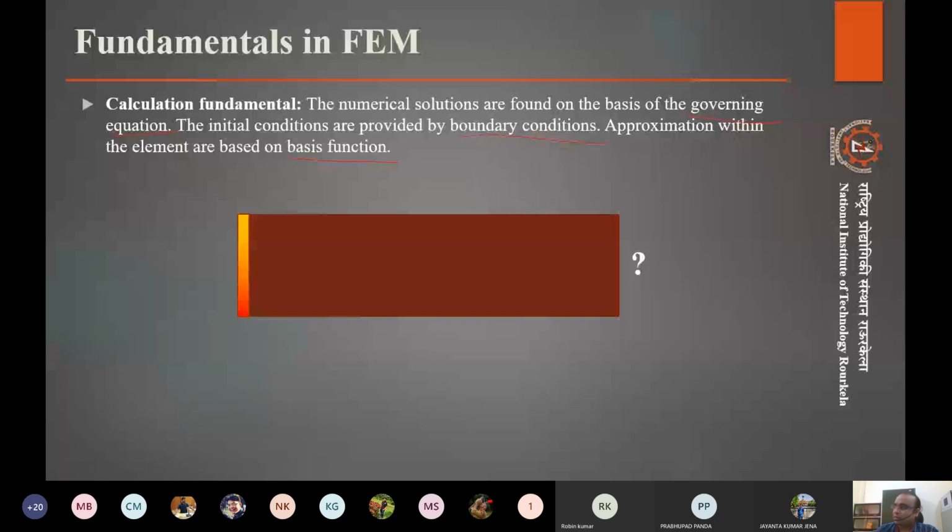So suppose in this problem we have this bar. This bar basically is a metal bar, and this is the heat source. The heat source is applying heat, and what we have to find is how much heat will be at the other end and how it will be distributed throughout. So how will we do this?